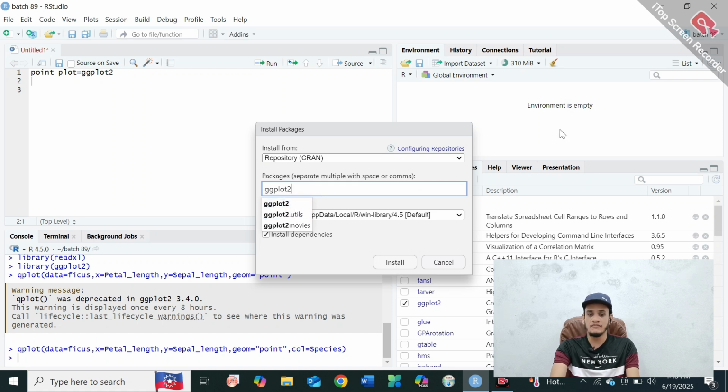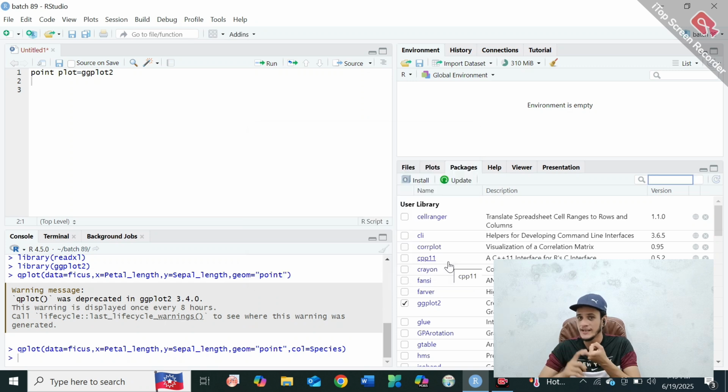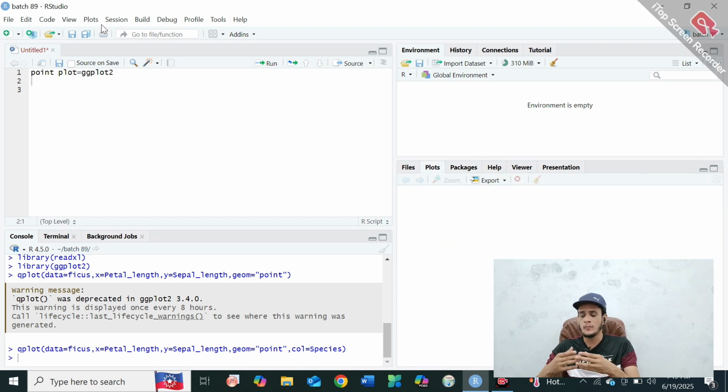So today we are going to write a script for an analysis, and our analysis is to draw the point plot. So guys, before the point plot we must activate our package. I have already explained that ggplot2 has two functions. The first function is qplot and the second function is ggplot. So ggplot2 has two functions.